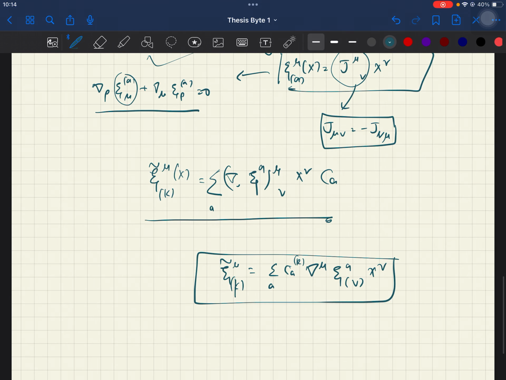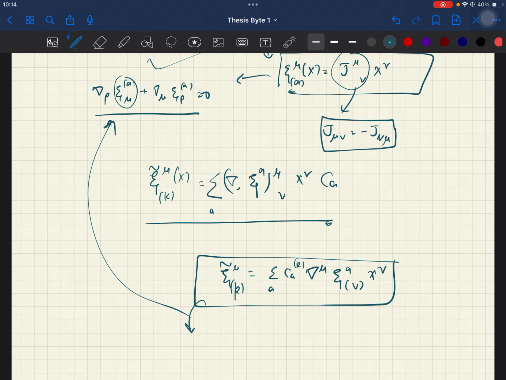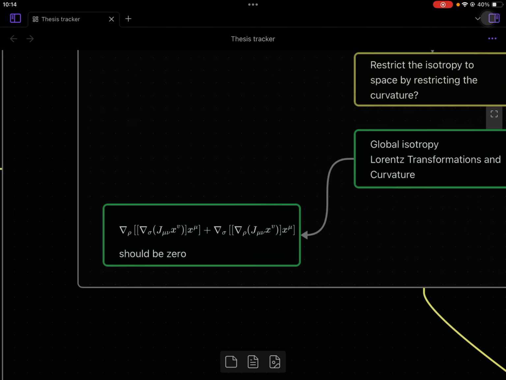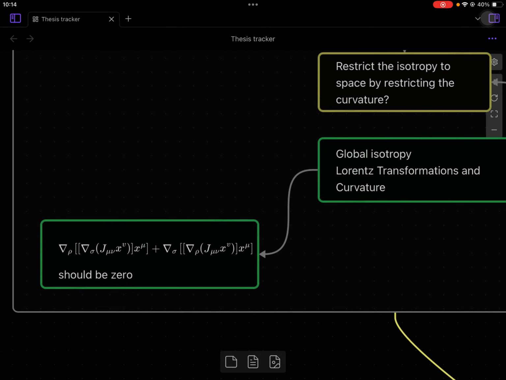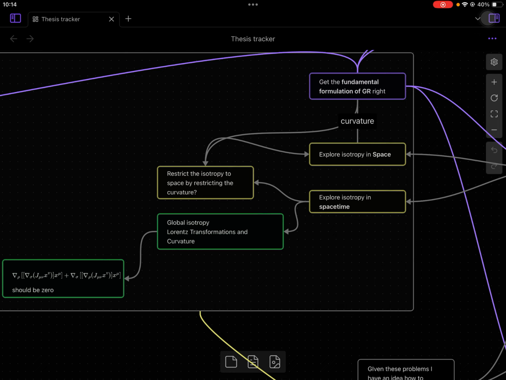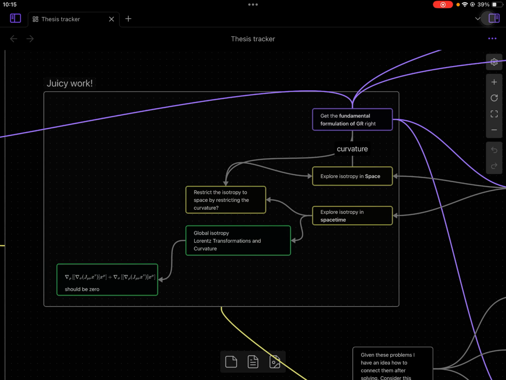And now, does this satisfy the killing vector equation? Is there a non-trivial question? Turns out it does satisfy. I did scratch around here and there a bit, and then concluded that this is the condition that you end up with, and this is indeed 0. So indeed, you do get isotropy. It does imply the rotations, Lorentz transformations, perhaps global isotropy in space-time, which is fun to imagine, I guess.